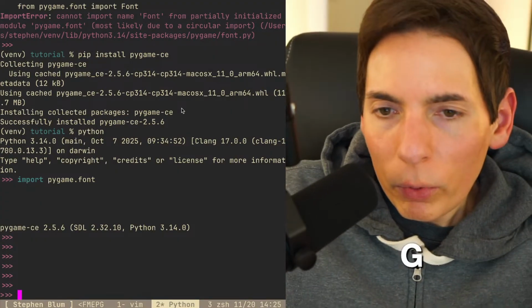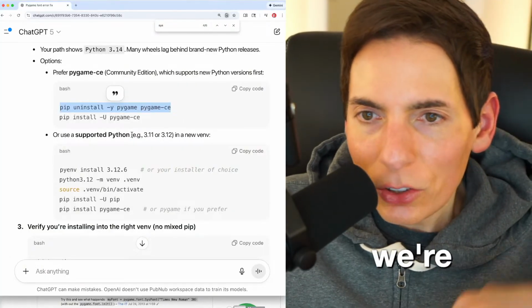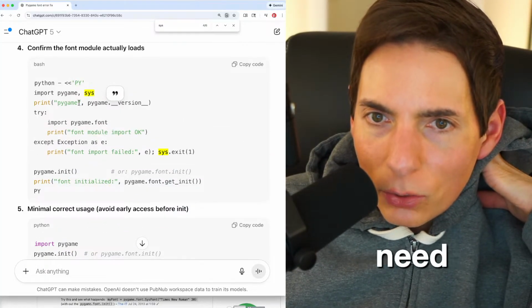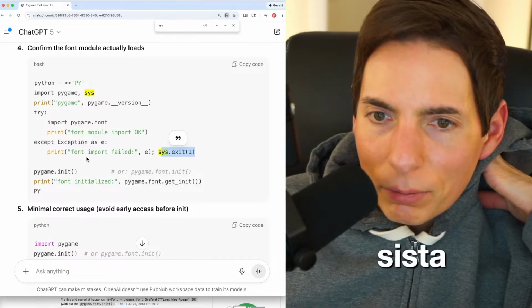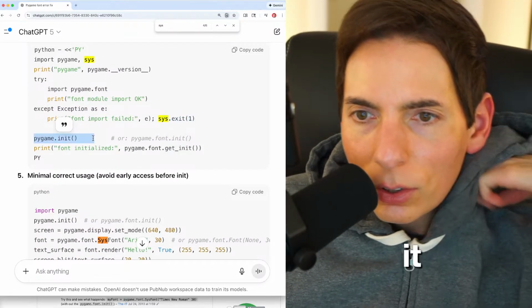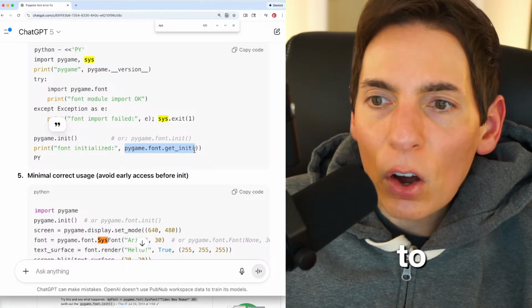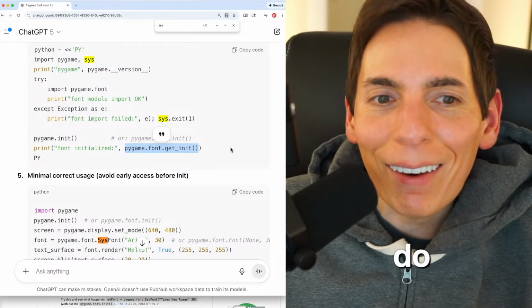All right, the GM. What we want to do here is we're trying just to get text going. So the only thing is, import sys. Do we need sys? Why do we need sys for? Oh, sys.exit. That's not necessary. Did we init? Oh, do we need to do init first? Oh, we need to init the font. Oh, that's what we got to do. Oh, we missed a function. That's what it